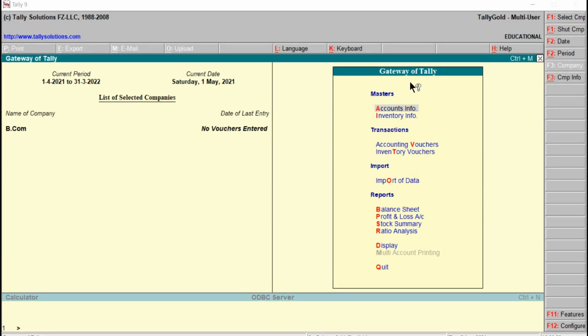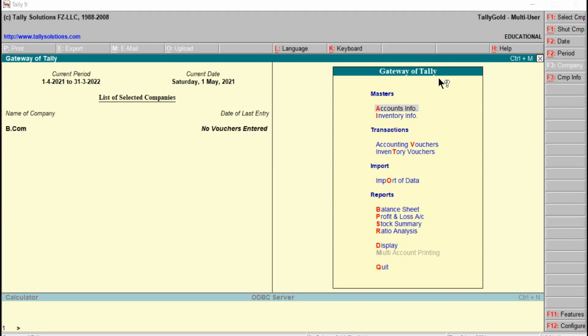Before I proceed to the right-hand side, the gateway of Tally, we can see the wrong date is displayed, right? In the educational version or educational mode of Tally, we have certain restrictions on date. In educational mode, we are allowed to make entries only on the first, second, and last date of a month. We are not supposed to enter any other dates like 5th of June or 10th of June. That is not allowed here. Only in case of a license is it allowed.